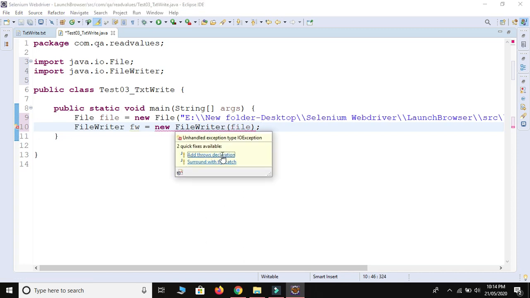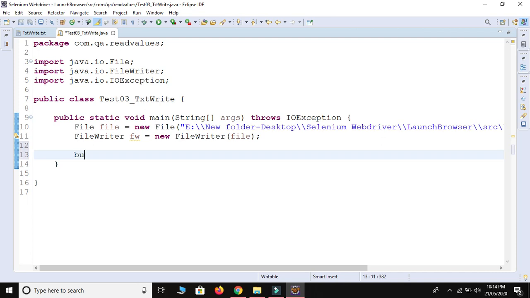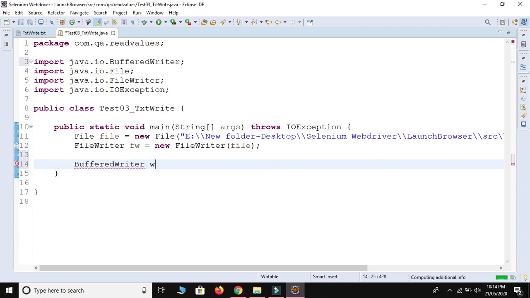Then we need to use one more class, BufferedWriter. BufferedWriter writer is equal to new BufferedWriter, and we are going to write inside fw, so we provide fw over here.